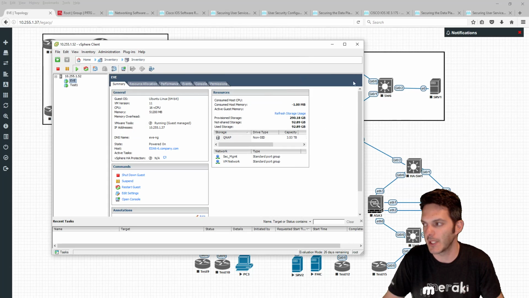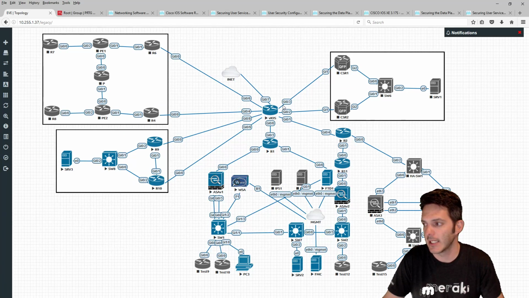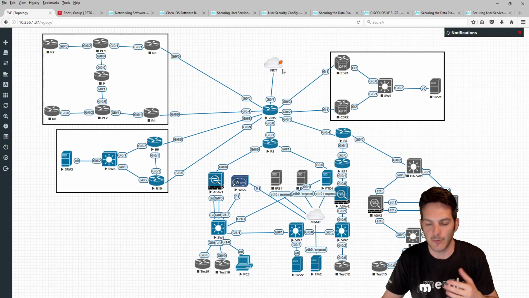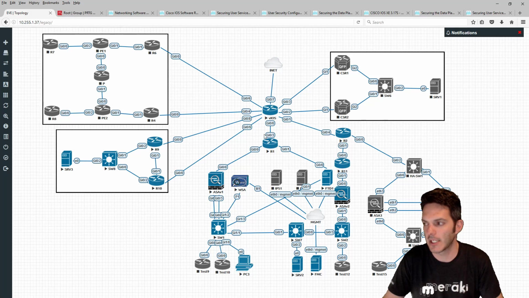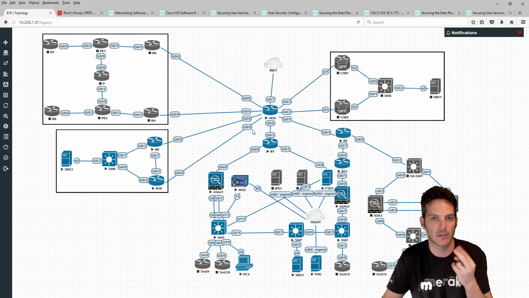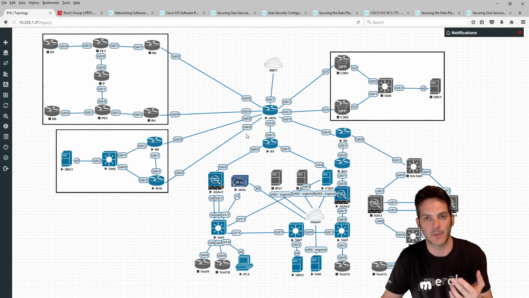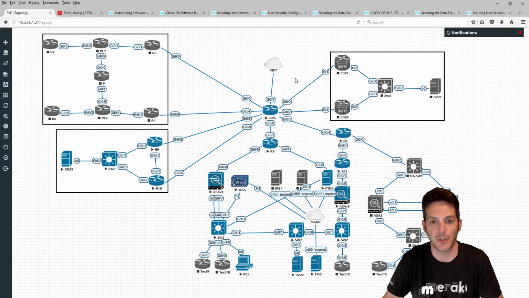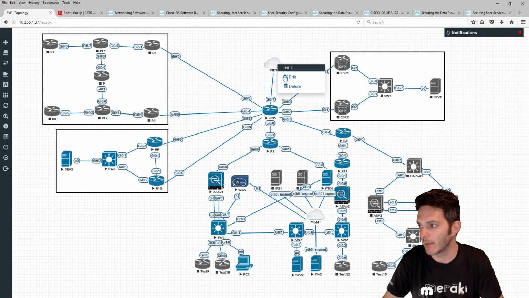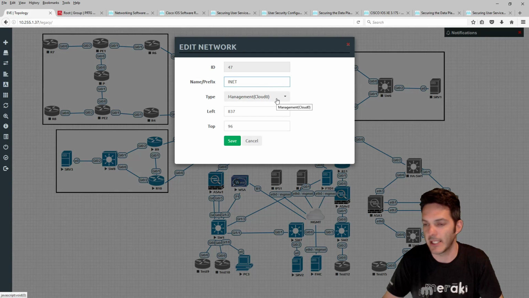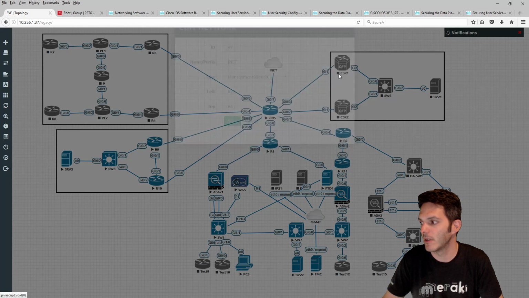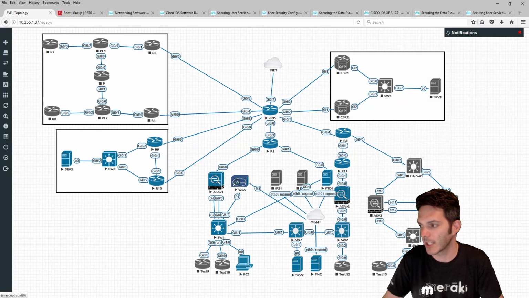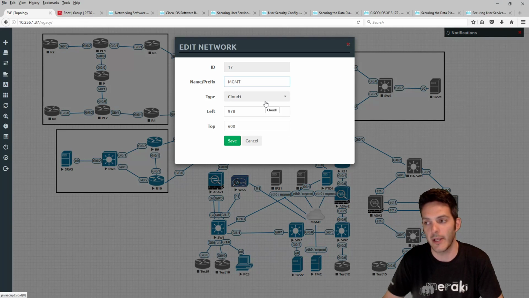So basically, by adding the second NIC on this iNet cloud here, it connects me to the internet. In reality, both NICs connect me to the internet. There are 2 VLANs. One is VLAN 10, the other one is VLAN 1. VLAN 1 is for security management. So this guy right here, if I was to say edit, it connects to my management network. So the management network is the 10.255.1 network. And I have this guy right here, which is management. This guy connects to Cloud 1. Cloud 1 happens to map